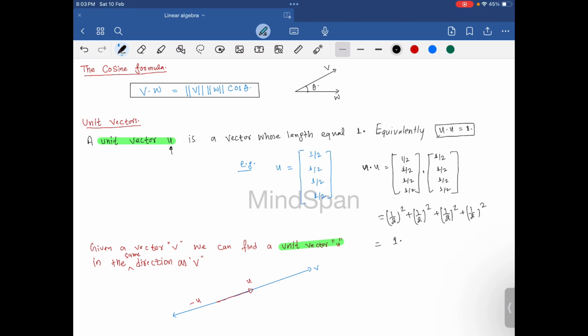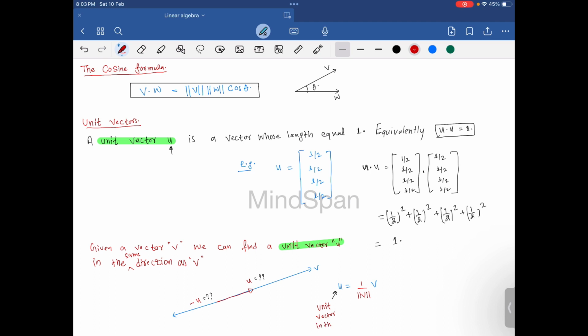So how can we find this u that is in the direction of v? For that you will have this vector u that will be in the direction of v, right? And since it is a unit vector, what we are going to do is divide it by the length of this v, right? So this is a unit vector